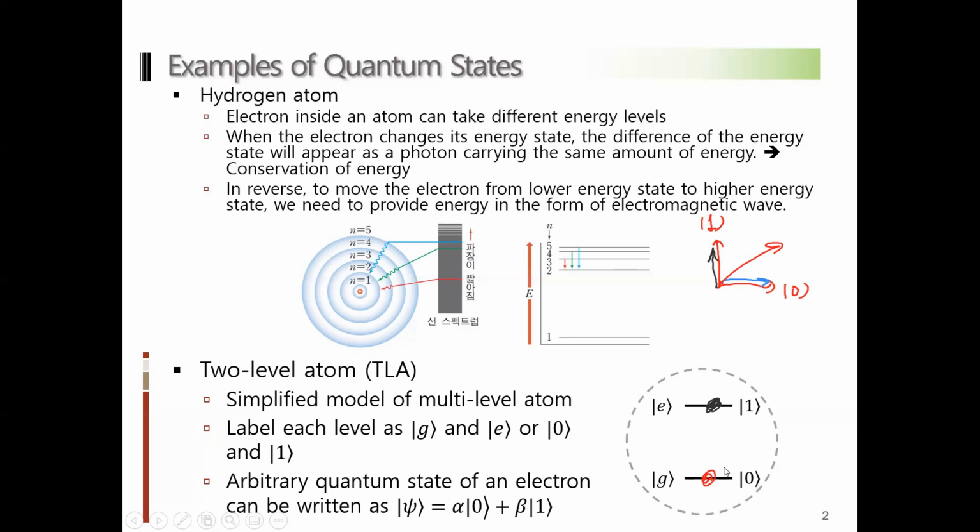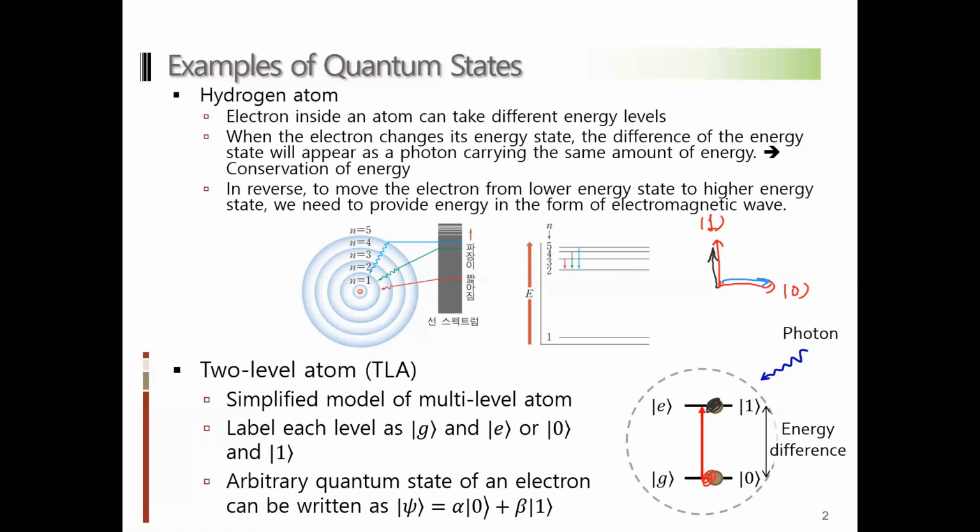But before we do that, I can also mention that if we start with the ground state, then by shining some laser which corresponds to the energy difference between these two energy levels, if this photon carries exactly the energy corresponding to this energy difference, then as we shine the laser, it is not like it will immediately go up, but the probability of being in the excited state will start to increase in time. And if we shine enough laser,